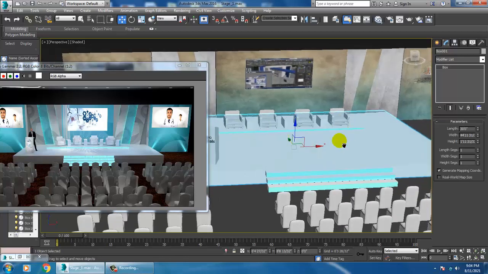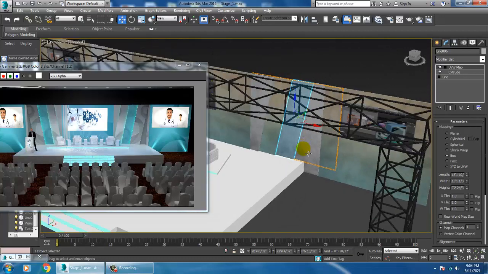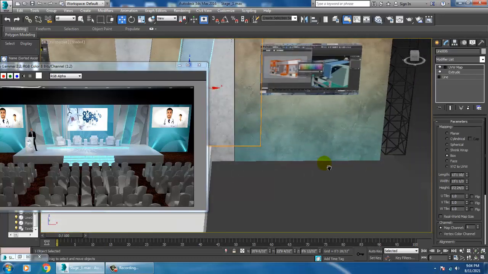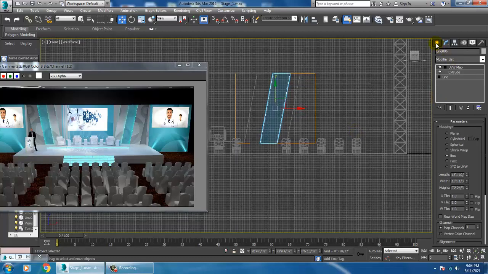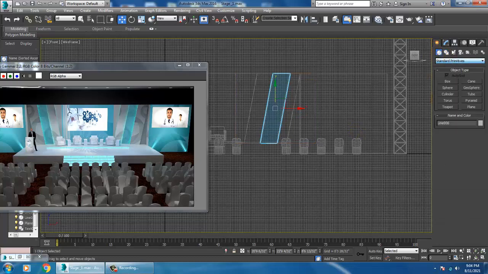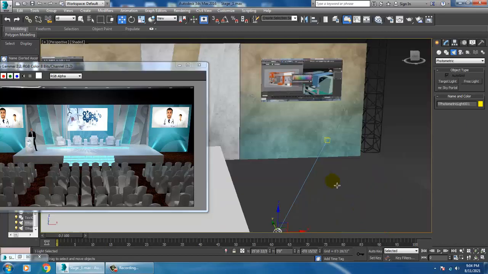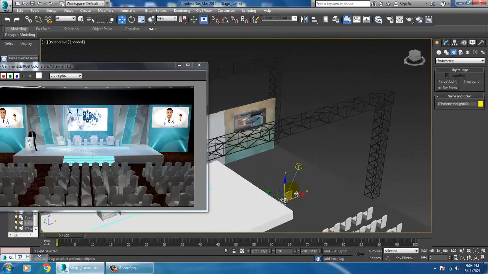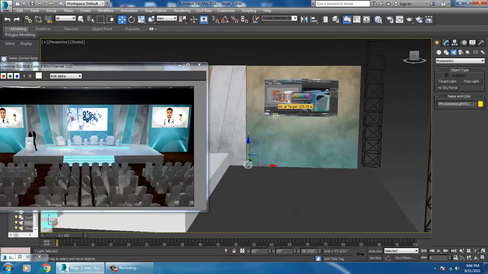So how you can do some kind of a light setup over here? We can do some light setup. I can go over here. I'll go into the lights. I'll take a photometric light and let's take a target light. So I can just take a target light over here. I'll save the file. I'll slightly just shuffle it. Shuffle this light a bit up.